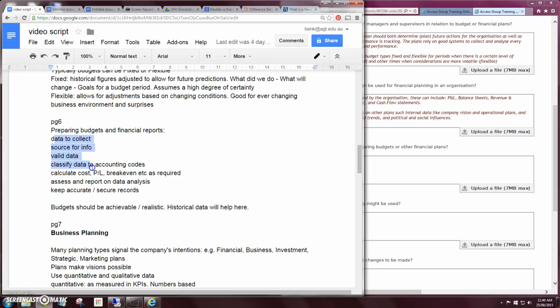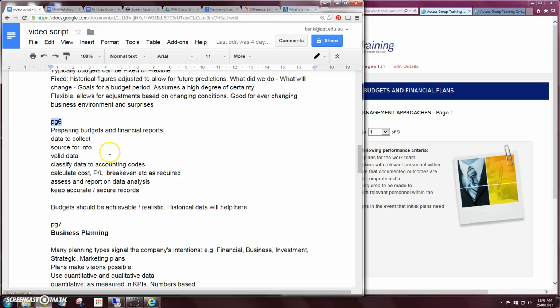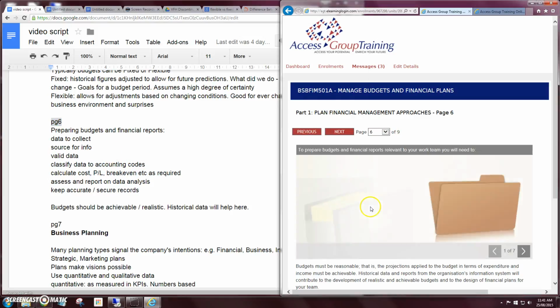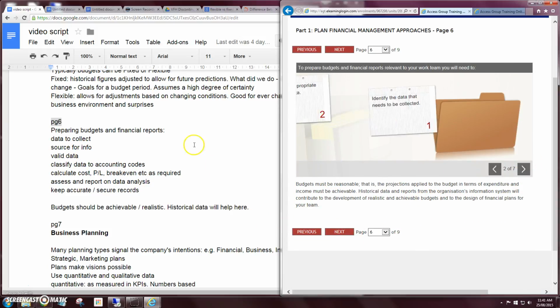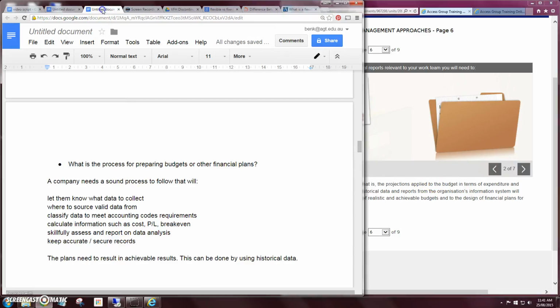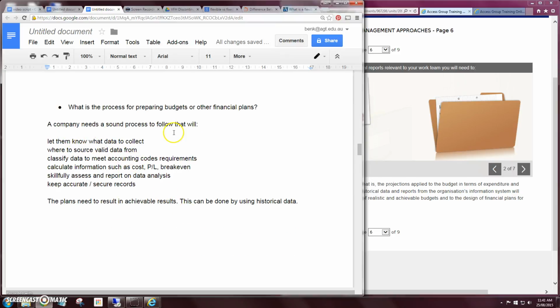But when I actually looked at my data there, it was a little bit sketchy, and I certainly didn't want to just copy and paste that in as my answer. So I actually returned to my reading, my original reading here, and luckily I'd placed the page number reference there, so I could actually go straight to the page and figure out, well, where did I get that data from? And it was from one of these interactive pages. So once I sort of had a read through that again and I had a look at the question again, that then let me provide my summary of an answer here.